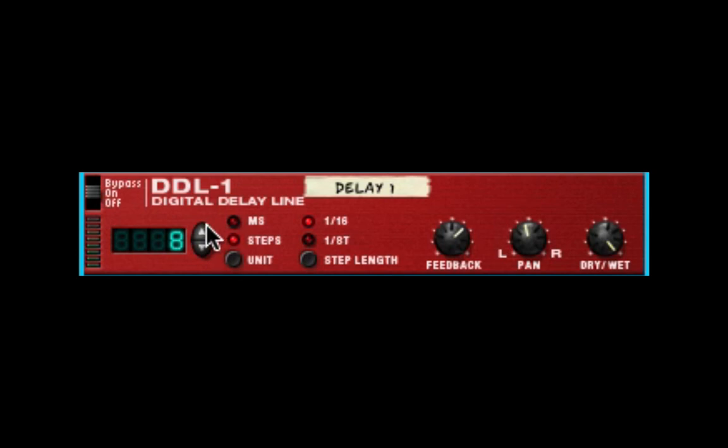So if we go up, if we go back to triplets, we'll have a little faster. See, it's a little quicker. And if we come down, it's easy to set it with the feedback. Just bring it up and you're going to get more repeats. That's simple. And if you come down here to 1, you're going to find you can get to 1